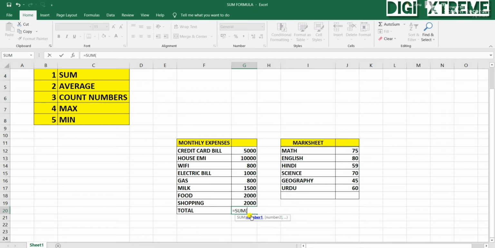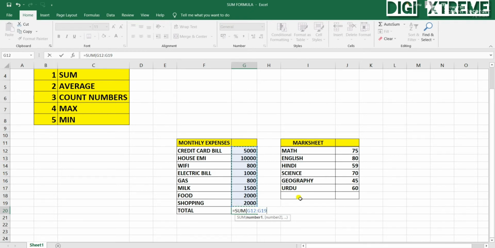You can double click. Now the formula is asking for the range. So I have to calculate from this till here, we'll click with the mouse and drag down.